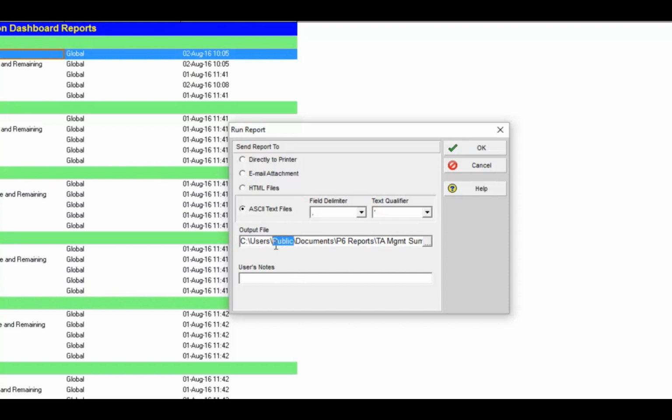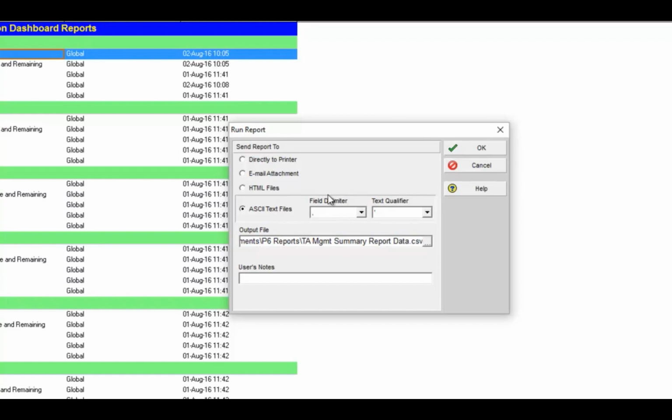right here does not say public. It actually has the particular user's ID for that PC that they're logged into. And that user ID is unique to that PC. So if I send the Excel file to another user, it's going to try and find these Excel files from P6, and it's not going to find them because that particular machine doesn't have that same user ID on it. So it's good to use your users folder and the public folder, because this is the same path on all PCs on their C drives. So it becomes a common path and it doesn't get messed up by having someone's unique user ID inside the